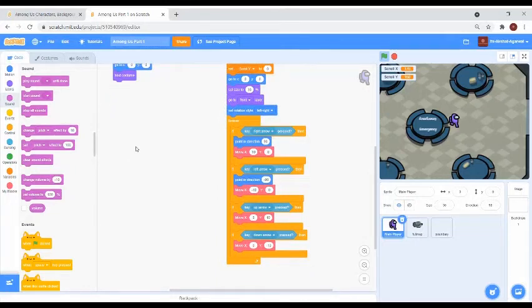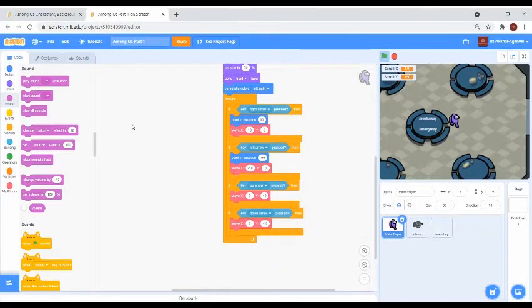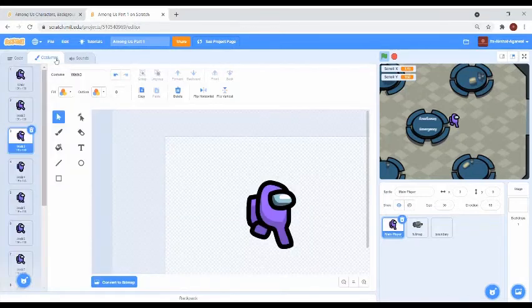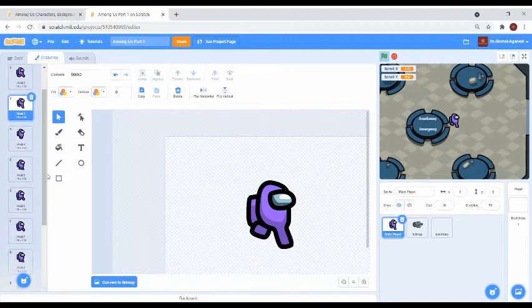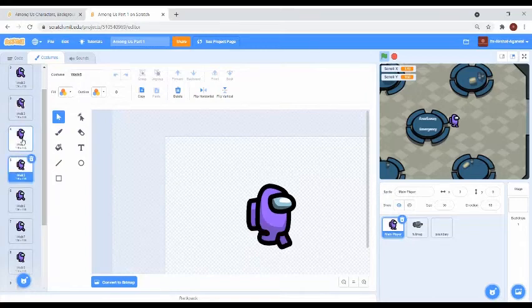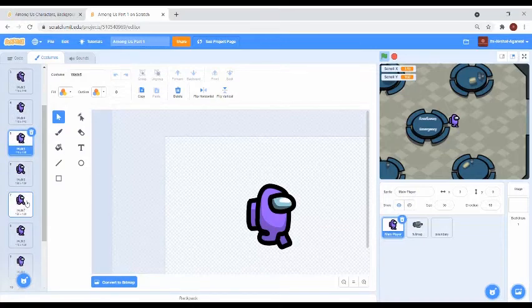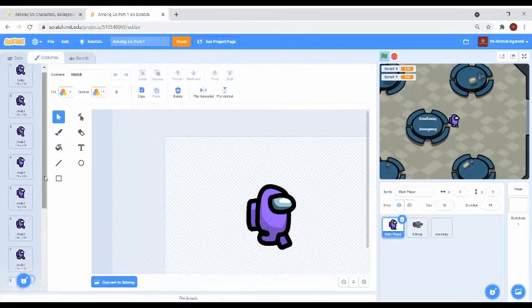Now we have to put the walking sound. Now go to costume and see in which costume the foot is down. I can see in number 3, number 4, number 5 and number 8, the foot is touching the ground.